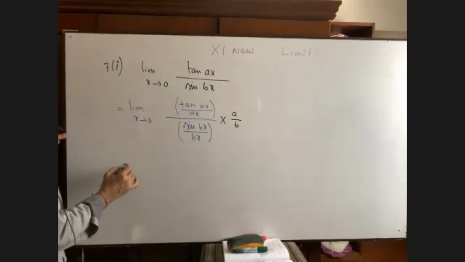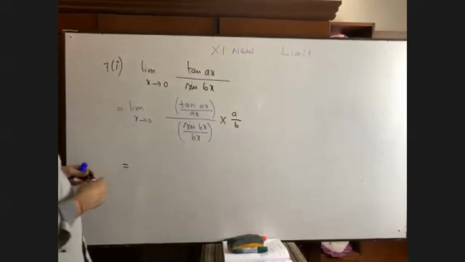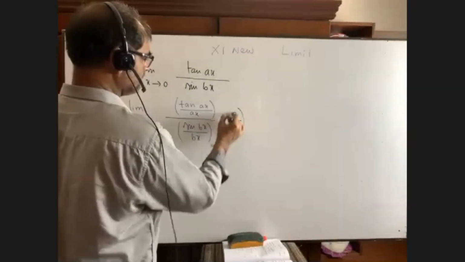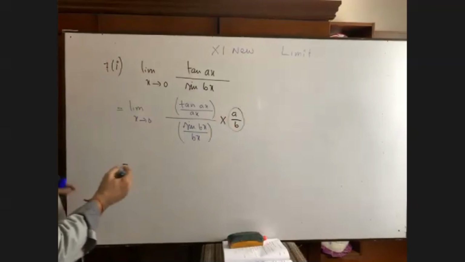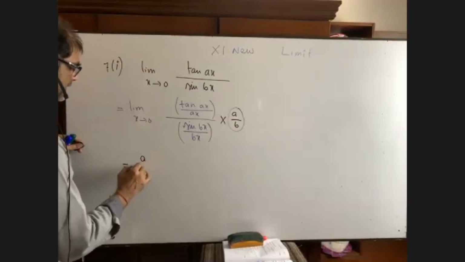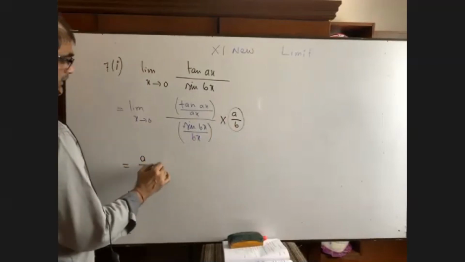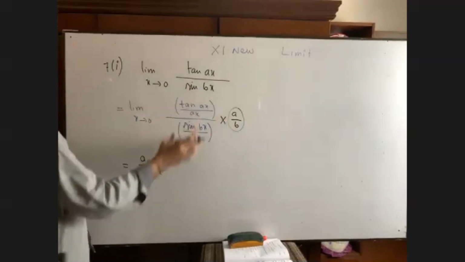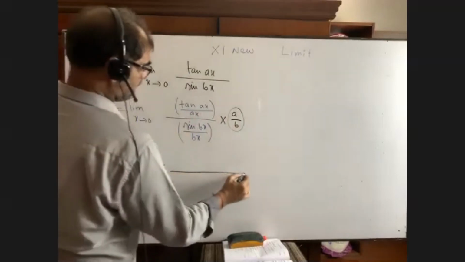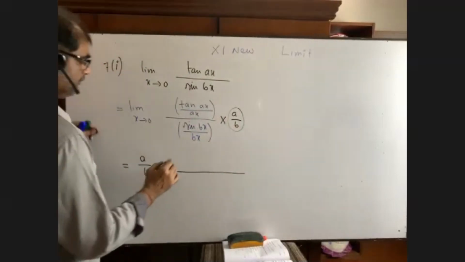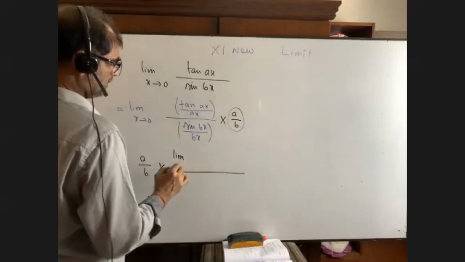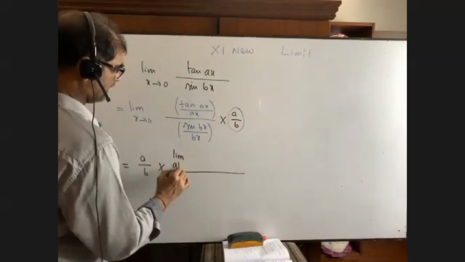Now you see, this is the constant part, right? There is no x here. So we can write it at first: write down a by b. I have written a by b, multiplied by. Now it is two different functions, so limit can be used in both the functions. That means in this way I am going to write limit ax tends to 0,